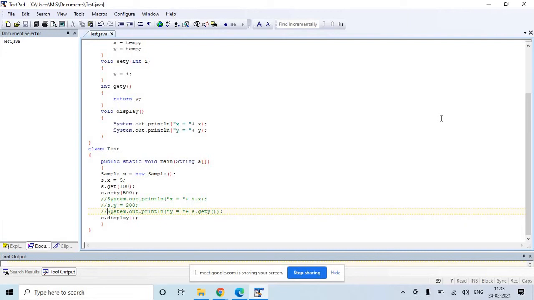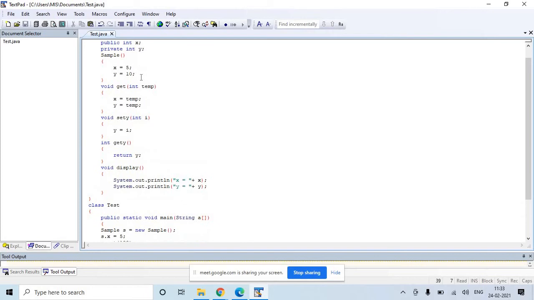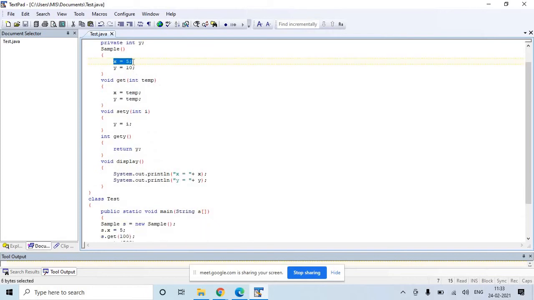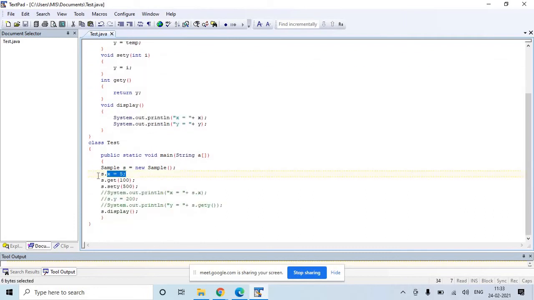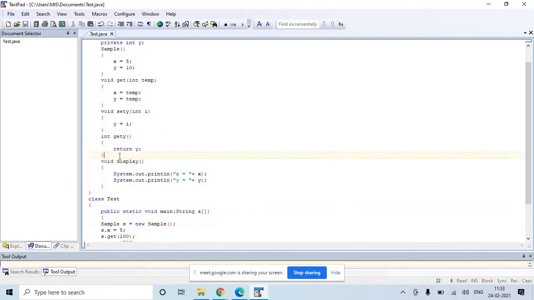Sir, can we write set and get only for private? You can write for public as well, no issues. See, the public is X. Let's say you don't want to initialize X like this, you don't like this method also. But if you want to write set and get for public, you are most welcome to write it.